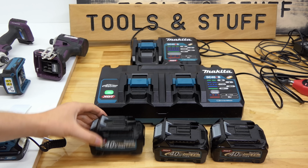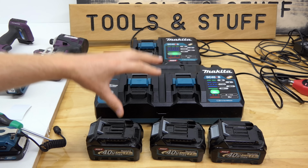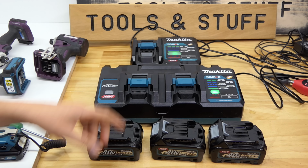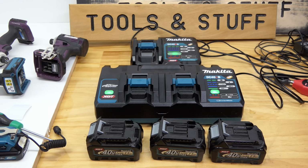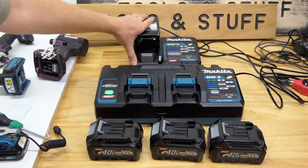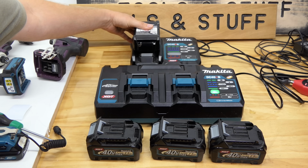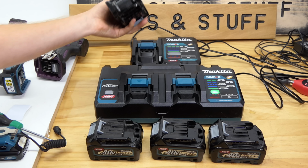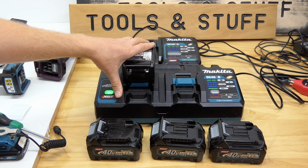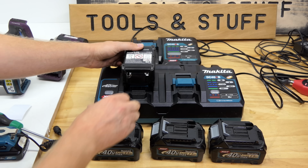Worth a try. I have 3 flat 2.5 amp hour batteries. I'm going to put them on the chargers all at the same time, and we're going to see if there's any difference with timing. But before we do that, I want to check if this makes all the sounds that the other one in the back there makes. This is what happens when you put it on charge with the setting I currently have it on. Shh. So, does this one do that? Beep beep. That's boring. Let's see if we can...